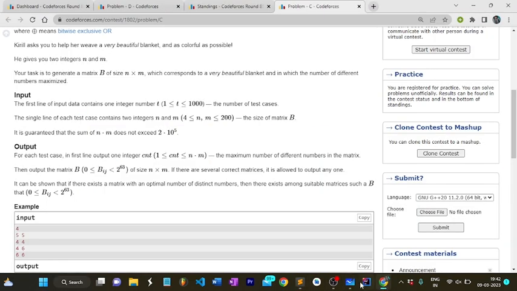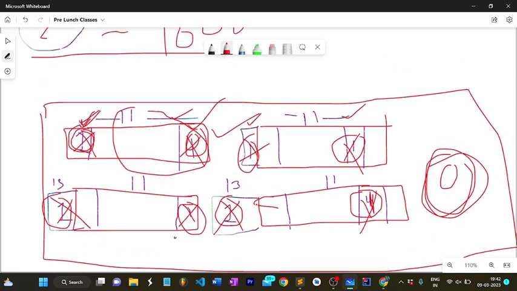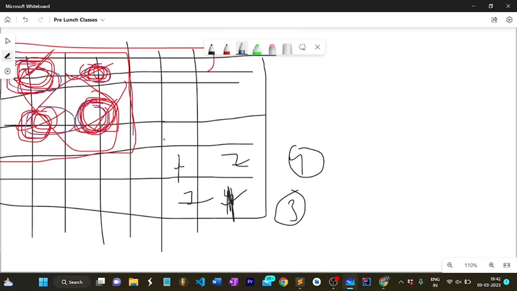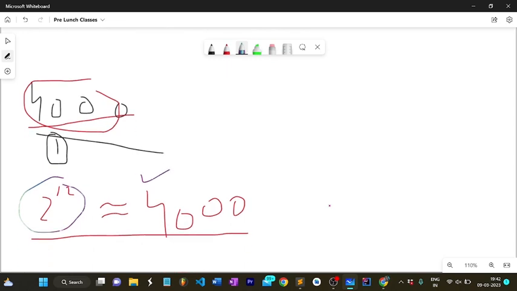We have to basically create a matrix in which for each 4 cross 4 submatrix, the XOR of the left upper 2 cross 2 matrix should be equal to the XOR of the right-hand down 2 cross 2 matrix. Okay, like here you can see the XOR of this 2 cross 2 matrix should be equal to the XOR of this 2 cross 2, and the XOR of this 2 cross 2 should be equal to the XOR of this 2 cross 2. So the way we found the solution was quite constructive, and that was we tried to make the XOR of all the 2 cross 2 matrices equal to 0, so that this XOR will be equal to 0 and this XOR will be equal to 0. Okay,